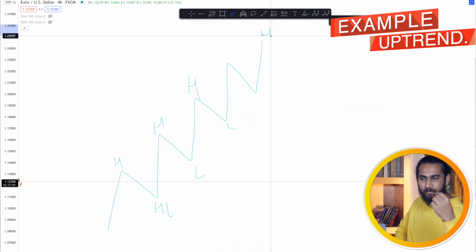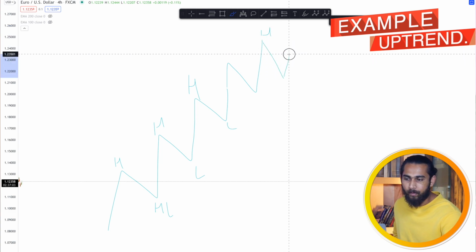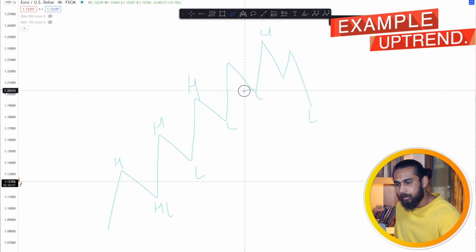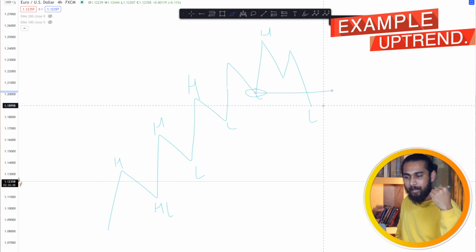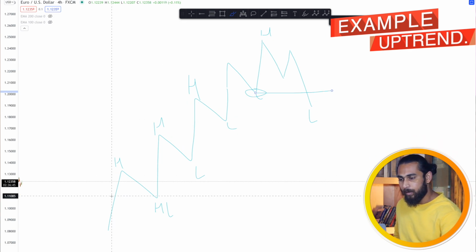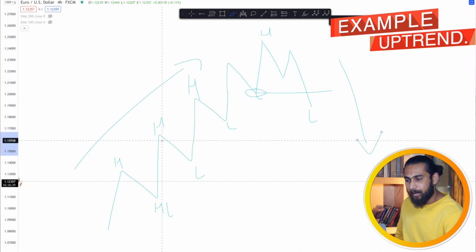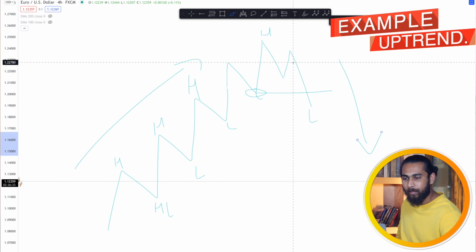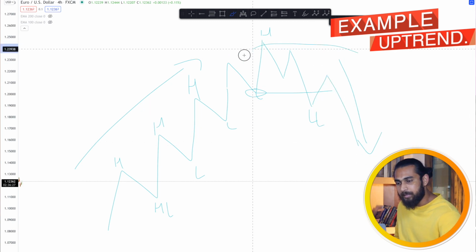Now, sometime in the future, what will happen is the price will not be able to create a new higher high, and it will drop down and give us a new low which will be lower than the previous low. And this will give us an indication that there is something wrong in the market, and that the momentum is shifting from buyers to sellers, because at first we were getting continuous higher highs and higher lows, but now the price is not able to make any new higher high and it created a lower low. And this tells us that the market has changed its trend.